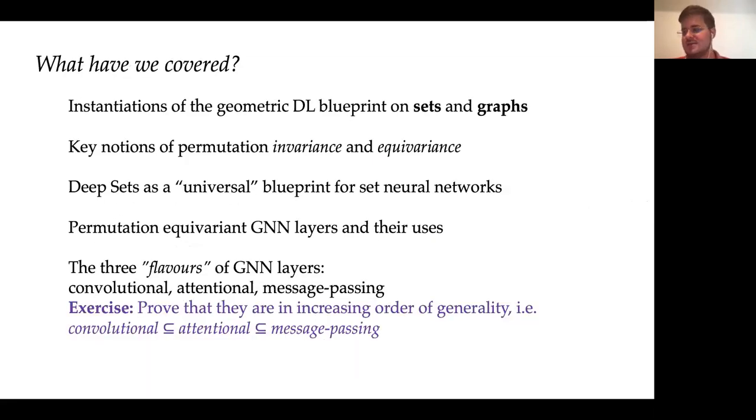And this actually covers the last part of the first lecture that I want to go through with you today. So I'll just do a quick recap of what we have done. We've looked at how this geometric deep learning blueprint that you've seen in an abstract way over the previous lectures can be specifically applied to the domain of sets and graphs. And within this domain,